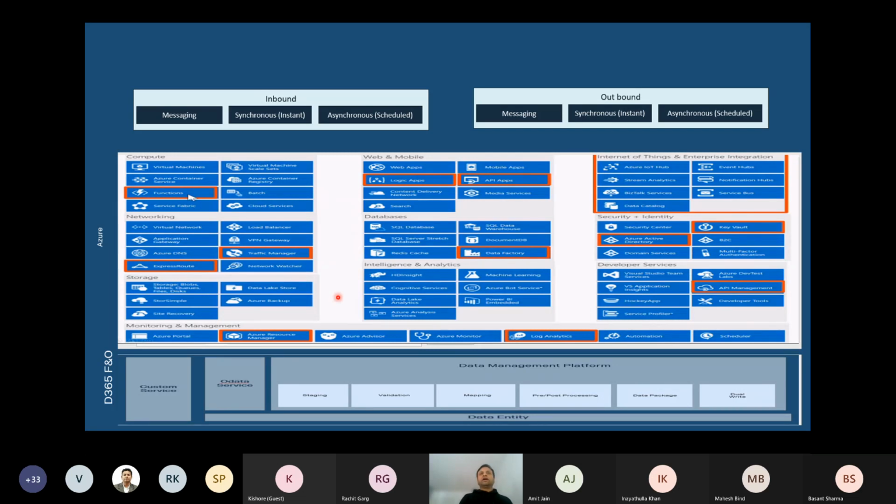And more important for me, I don't want to create a jungle of integration, wherein in one integration I use Logic App, and in the same kind of integration I use another tool, because it is easy to build that way, but it is very difficult to support and maintain. Somebody is comfortable with Data Factory and does the integration in Data Factory, and somebody else is comfortable with Logic Apps, and somebody is comfortable with some other functionality. Many of these tools overlap in terms of functionality, but it depends upon what call you are taking, and in what way.